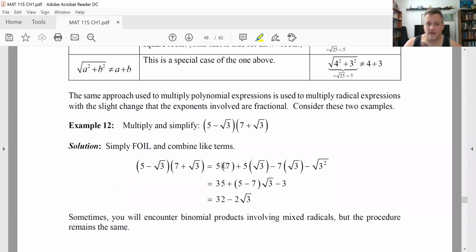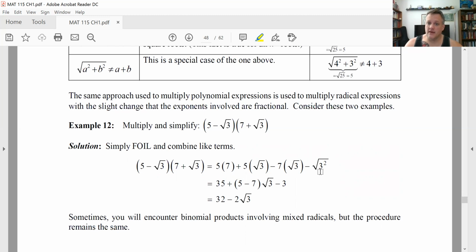So if I do that, you're going to get a sum of 4 terms, right? That's 35. These 2 can't be further simplified, but you can add them because they have the same radical part. So I'm going to add the 5 and the negative 7 to get minus 2 root